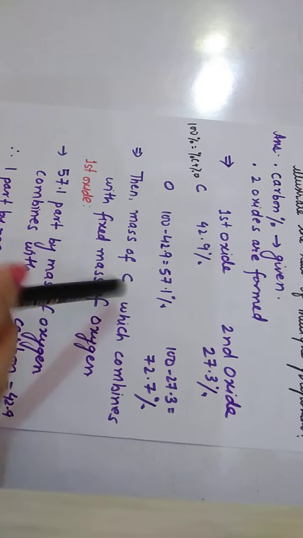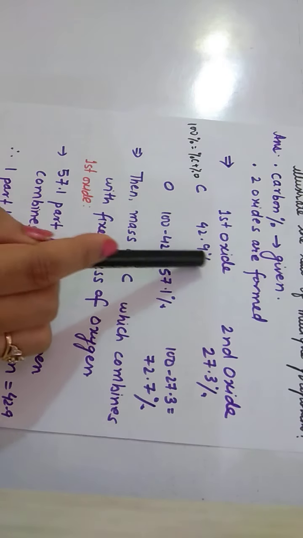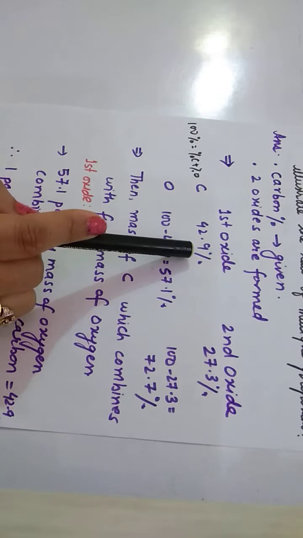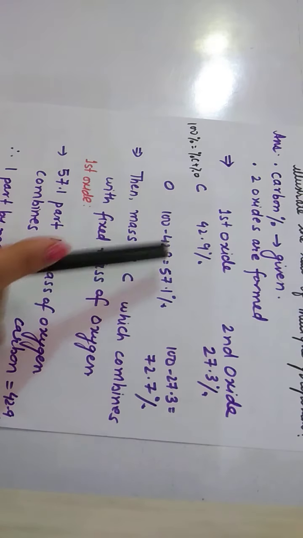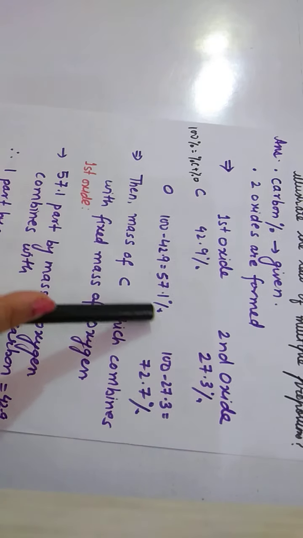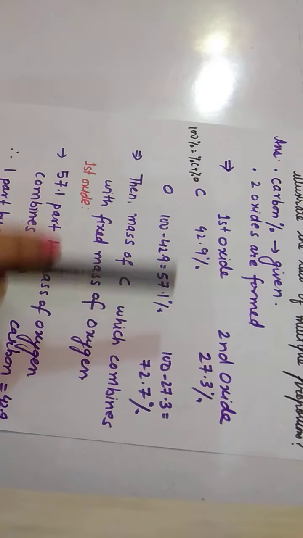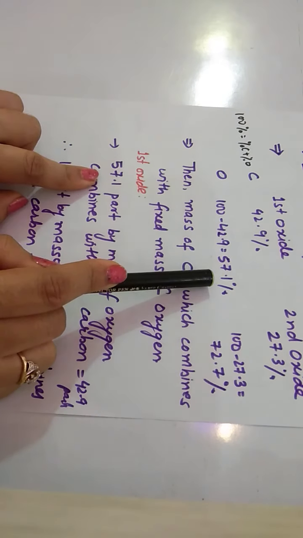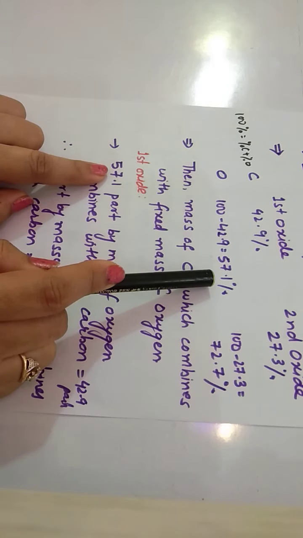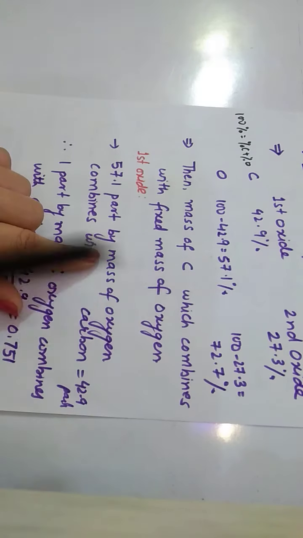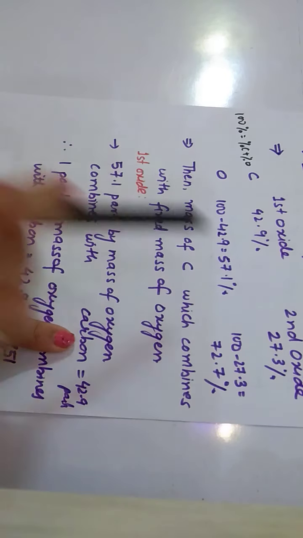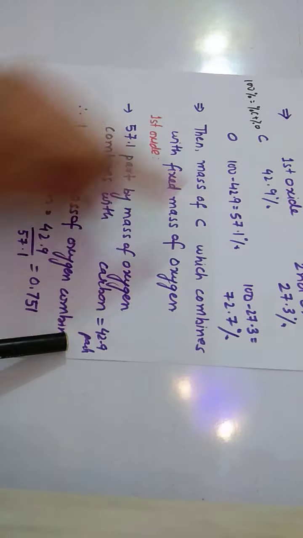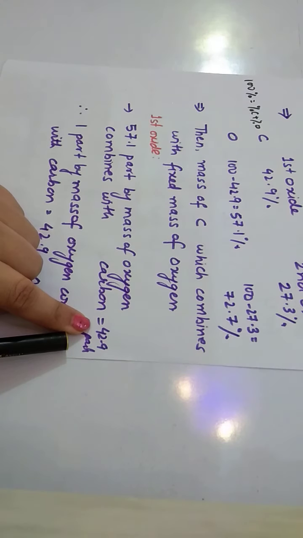So what you can write, देखो जो तुम्हें निकालना होता है वो हमेशा राइट साइड पे लिखते हैं. You need to find out the mass of carbon, so you need to write 42.9% on the right side. And with the help of what we are finding it out, we are finding it out with the help of oxygen. So oxygen will come on the left side. That's what I have written, 57.1 part by mass of oxygen combines with carbon. इतना पार्ट ऑफ ऑक्सीजन कितने पार्ट कार्बन के साथ कंबाइन कर रहा है ऑक्साइड फॉर्म करने के लिए? 42.9 पार्ट्स ऑफ कार्बन के साथ.